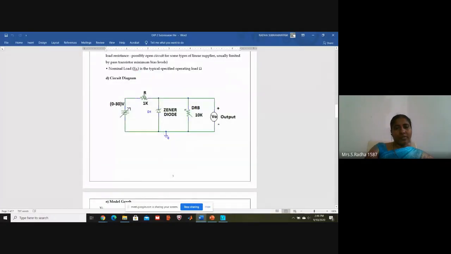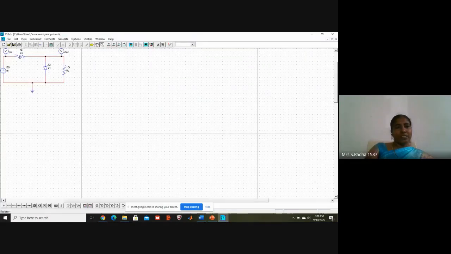So if you see, one series resistance, diode, one parallel resistance, output we will take across this, and one DC supply. Okay. So I am giving one DC supply. Series resistance 5K I am setting. Diode breakdown voltage is 12 volts for the Zener diode I am fixing. And 10K. Okay. Whatever input you are giving, output should be constant only.